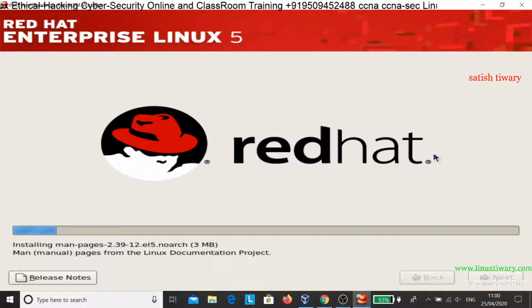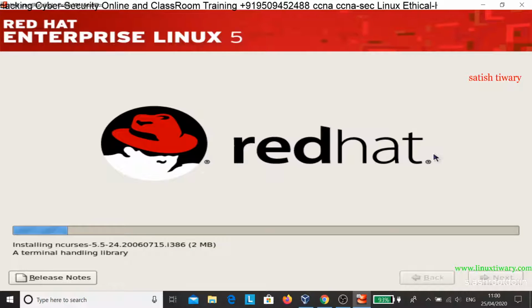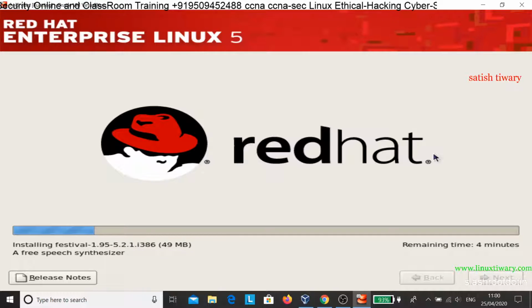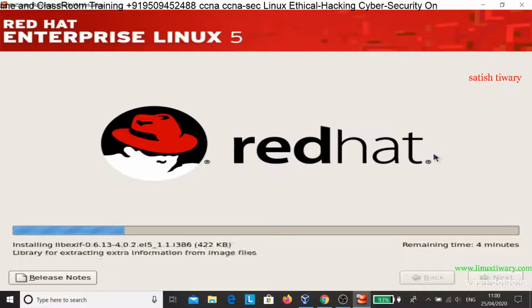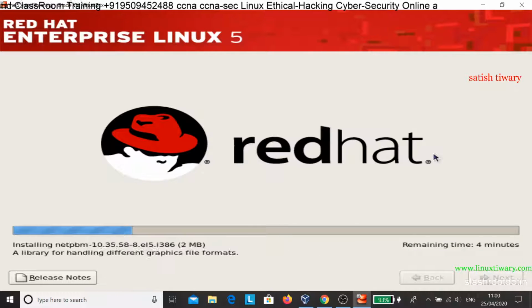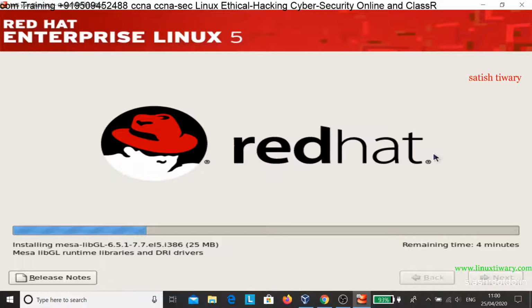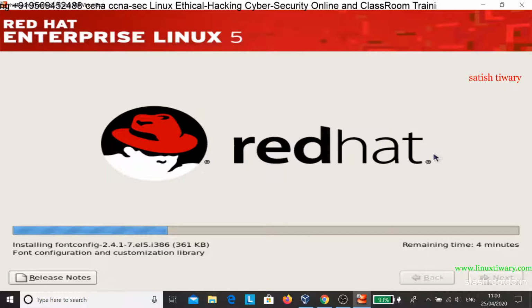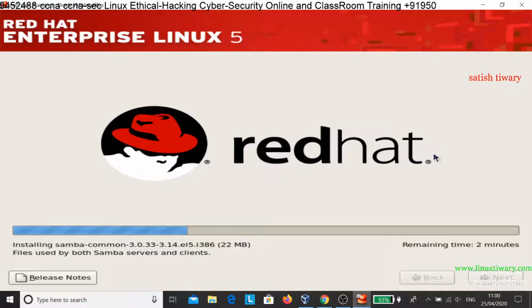So we are going to check details of RAID, LVM and swap we have created during installation, once the installation is completed. Okay, so we are just going to wait for the installation. It will take 2 to 3 minutes maximum, and it depends on your system configuration. If you have a good processor, if you have Core i7 with 8th generation, 9th generation, it will take only 1 minute. First we are going to install it, and after installation I will show you. So just wait.